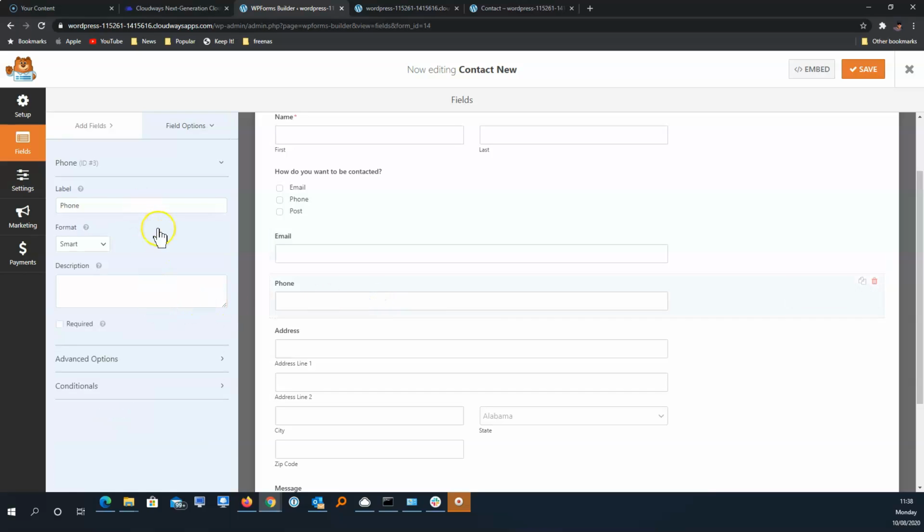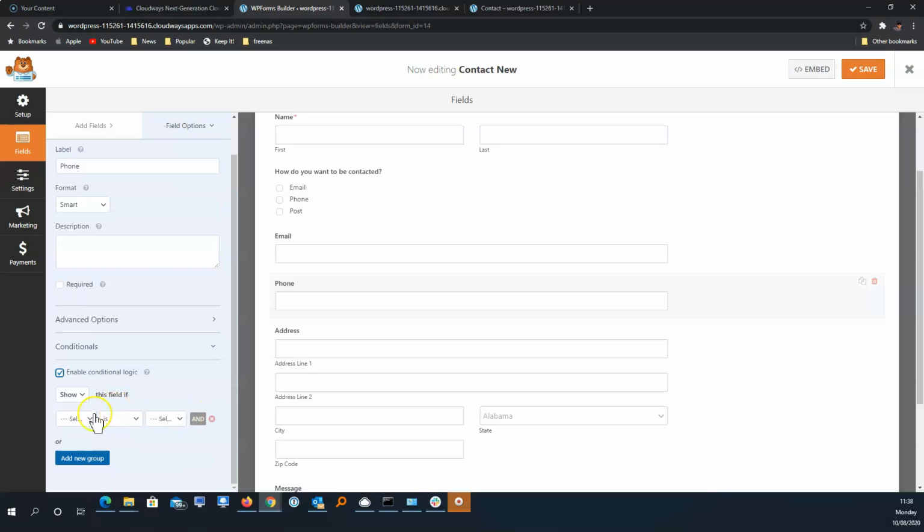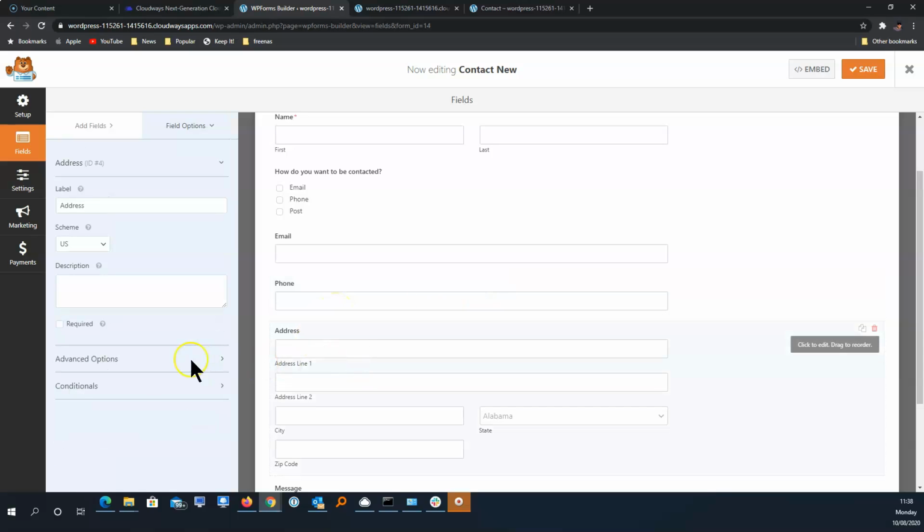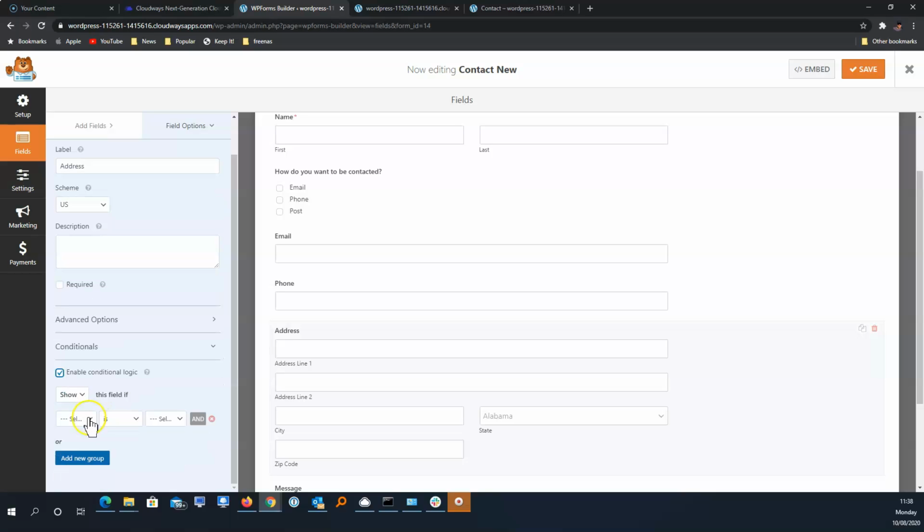This one we can again add conditional logic to. Again, if that field is phone, that will be shown, and then address will again enable conditional logic, and if that field is post, it will show up. So if we save that, close it down,